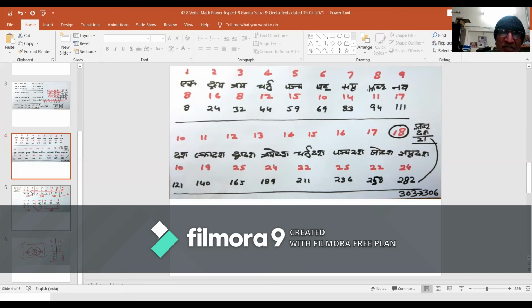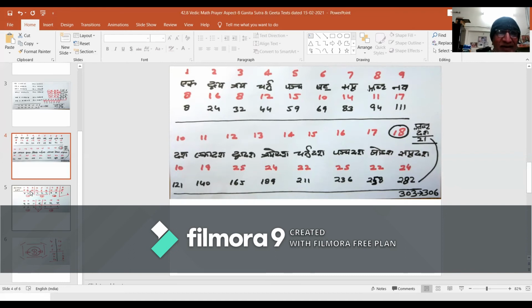Formulation A leads to value 8, Dvay 16, Tre 8, Chatur 12, Panch 15, Chat 10, Sapt 14, Asht 11, Nav 17, Das Ekadas 19, Dwadas 25, Triodas 24, Chaturdas 22, Panchadas 25, Shodas 22, Saptadas 24. Let us reach at the summation value.